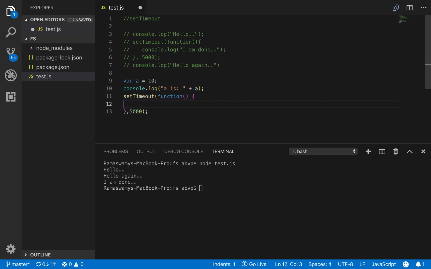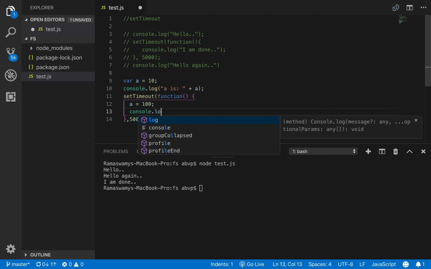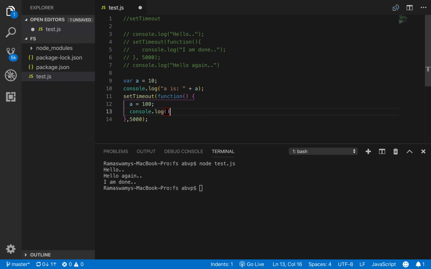And within the function, let us change the value of a, sorry, not x, a to say 100, and then print the value of a again.